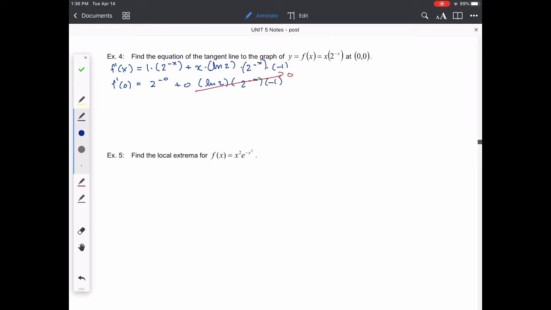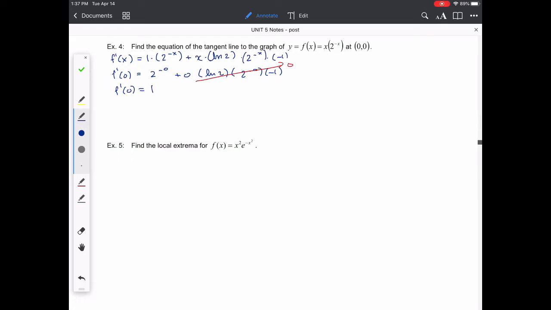And 2 to the negative 0 is the same thing as saying 2 to the exponent 0. Anything to the exponent 0 is equal to 1. Therefore, f prime of 0 is equal to 1, which I already did. So I'm going to write, therefore, it's going to be 0 and 1. So this really here is my slope. Let me take that out, sorry. Sorry if I confused you. Basically, this is going to be my slope,